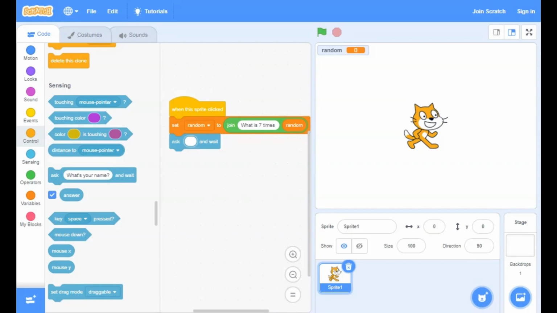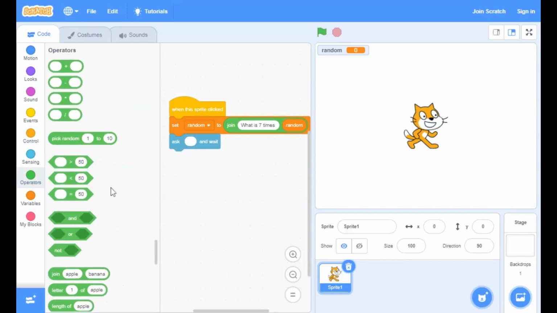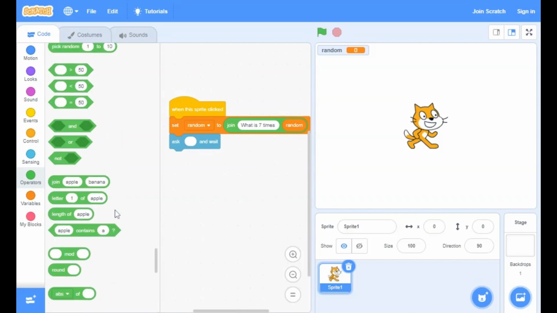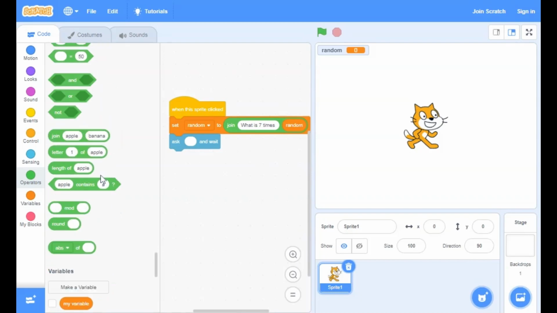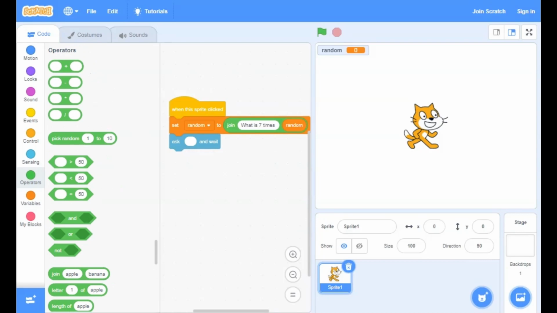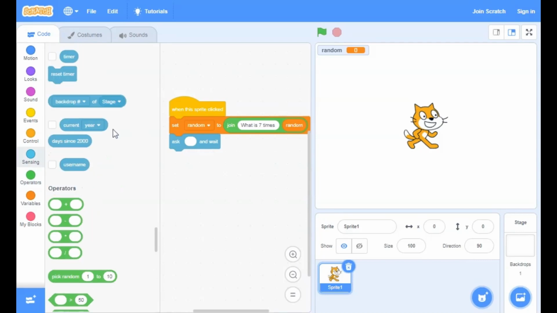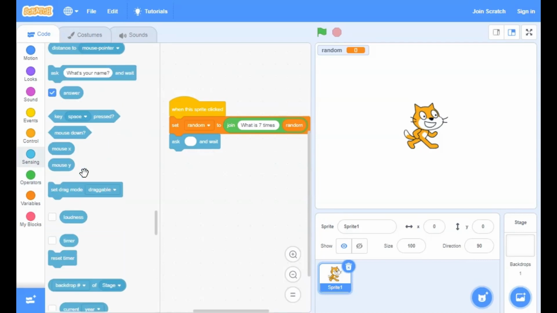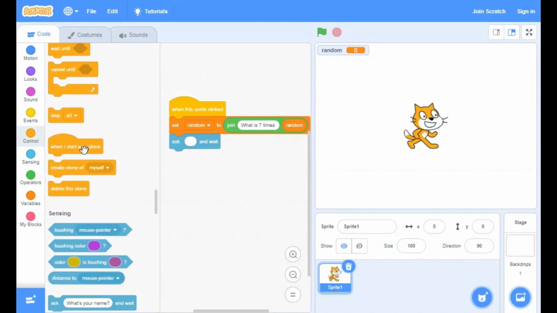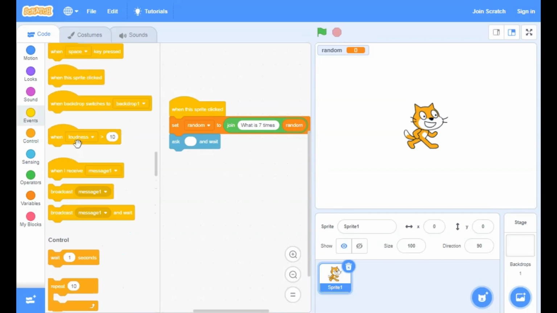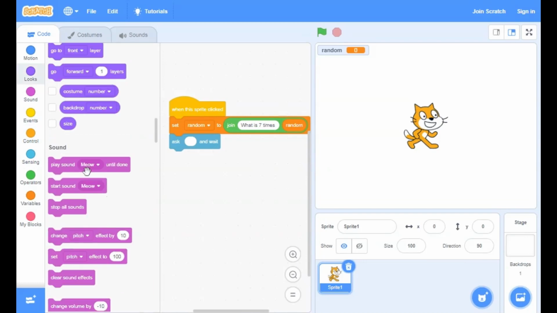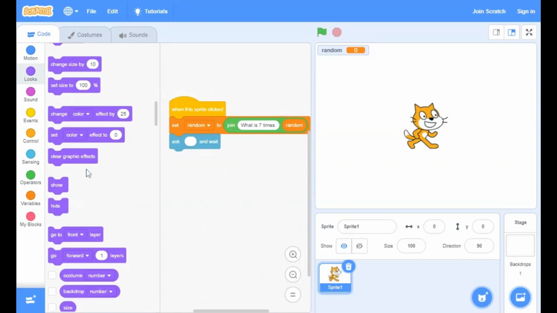Okay, now before we do any of that we will go to operators. What is, or maybe here we will find what is